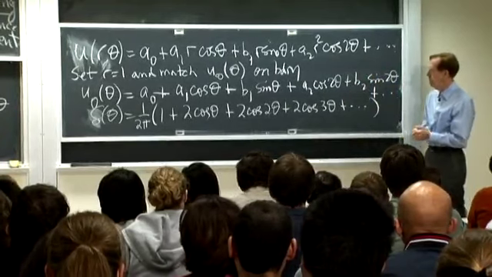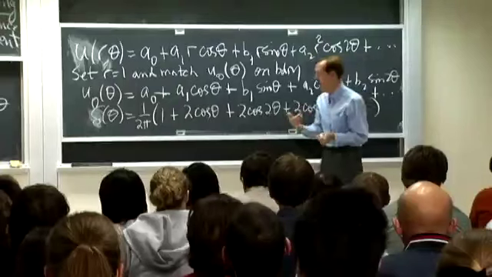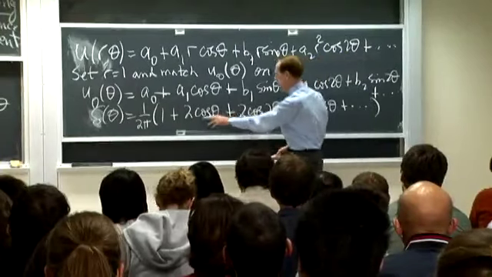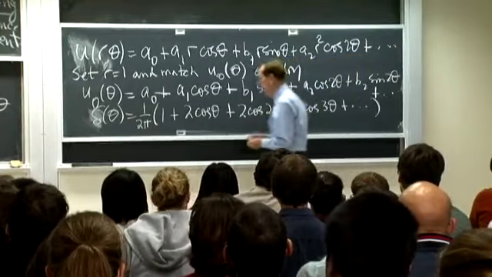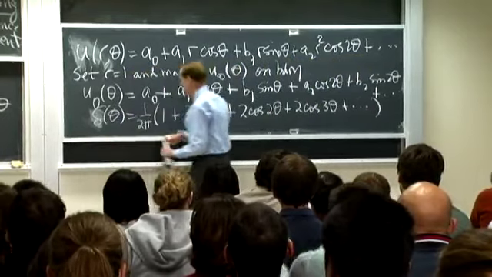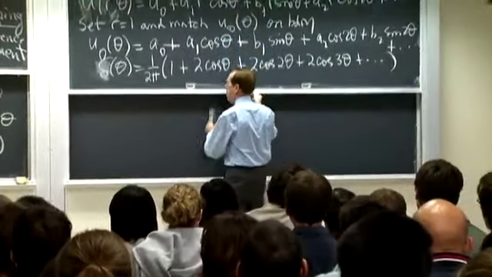How do I match this with this guy? I just put in the r's, right? If this is what it's supposed to match when r is 1, then when r is less than 1,